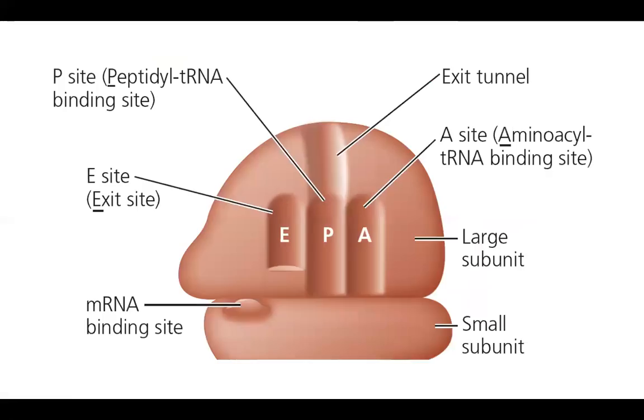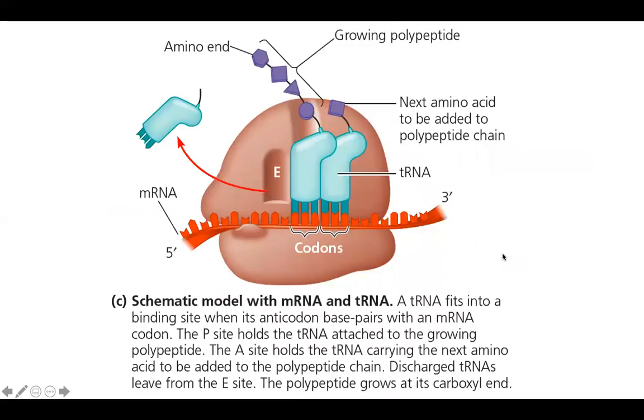Okay, so I would just like you to be familiar with the structure of the ribosome and its specific parts. The ribosome is made up of two major subunits, a larger and a smaller subunit. The larger subunit consists of sites such as the A site, the P site, and the E site. The A site is what we call the aminoacyl tRNA binding site. The P site is the peptidyl tRNA binding site, and the E site is the exit site. And it is through an exit tunnel that your proteins will be released. So this is the usual process of